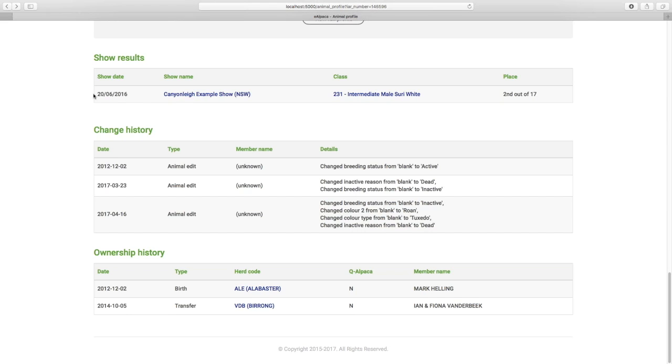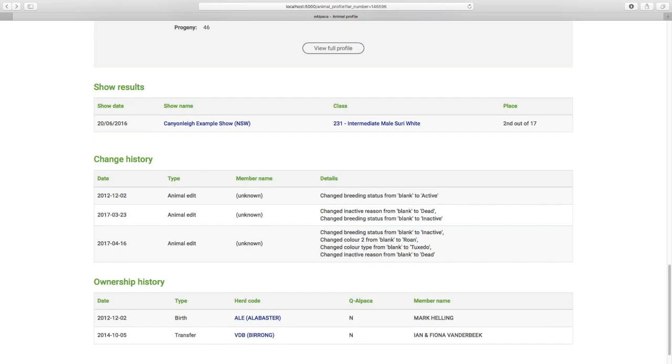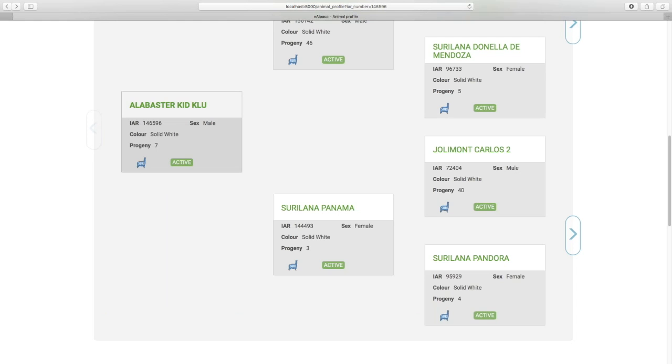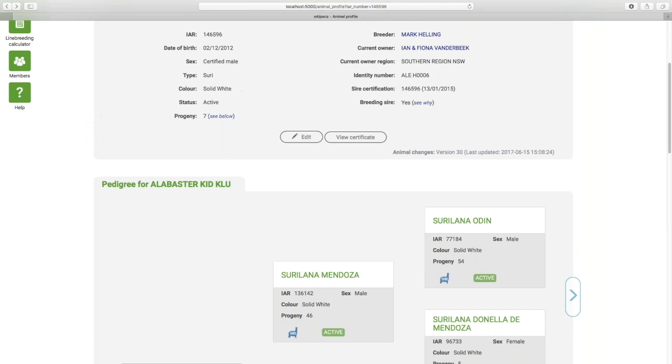And that just helps people to realize it's not necessarily a mark of quality, it's just information about that animal, because not all animals are entered into shows. And so the profile is largely focused around the pedigree rather than necessarily the quality of the animal. So that is a view of the animal profile page, and we did that from